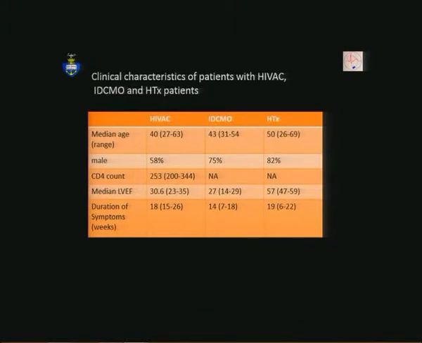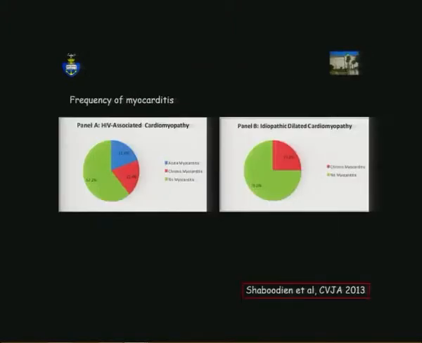In terms of some of the important baseline variables between the groups, their ages weren't too dissimilar, although the heart transplant patients were slightly older. The patients with HIV-associated cardiomyopathy in our cohort were 58%. Their CD4 counts were relatively preserved, at 253. This clearly is not applicable to the other conditions. And the ejection fractions were comparable between the HIV-associated cardiomyopathy and idiopathic groups. Obviously, those with heart transplants had normal ejection fraction. Okay? And essentially what we're able to show on biopsy is that